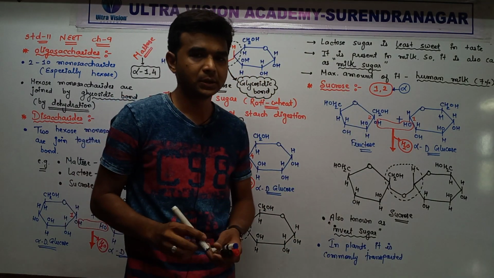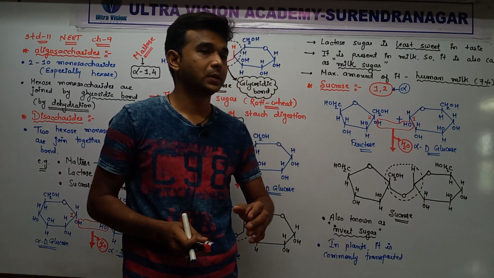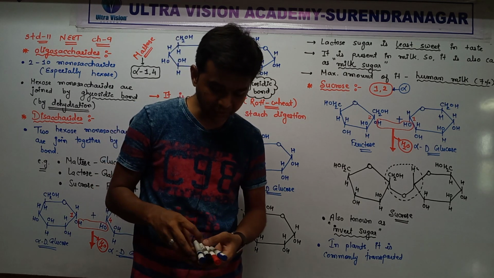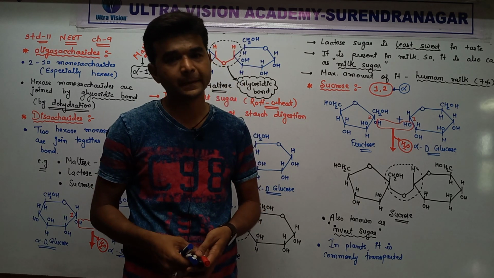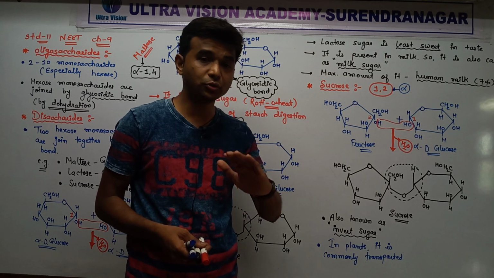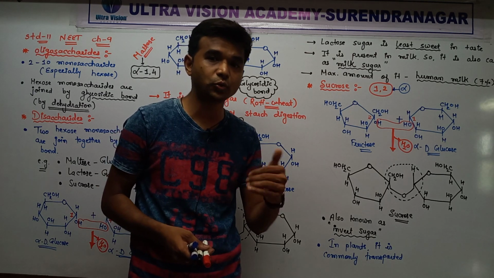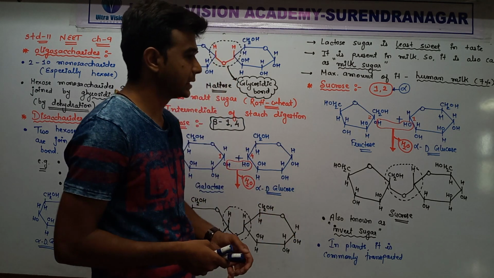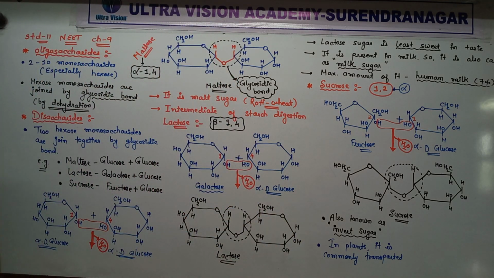Remember this, that glucose, yes, through the photosynthesis process, plant form the glucose molecule, but later on the glucose molecule is converted into sucrose. So majority in the form of the sucrose, thus glucose, hexose sugar, it is transported,